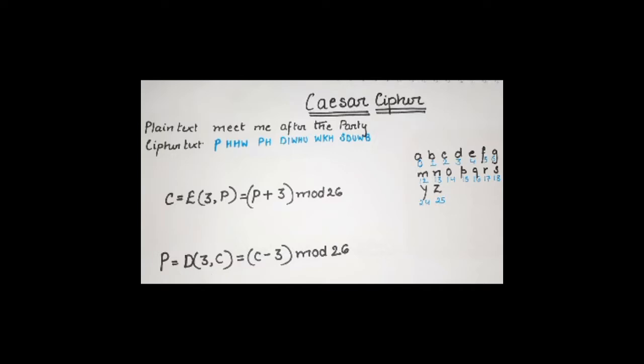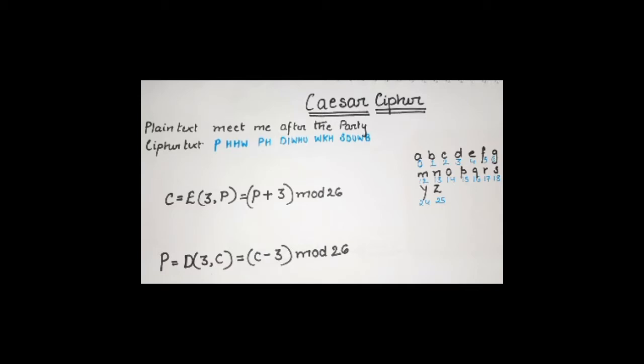They did not send their secret messages in plain text. They converted them into ciphertext, and the technique for converting plain text into ciphertext was Caesar cipher. The idea of Caesar cipher has come from the era of Julius Caesar. So the earliest known use of a substitution cipher, and the simplest, was by Julius Caesar. The Caesar cipher involves replacing each letter of the alphabet with the letter standing 3 places further down the alphabet.